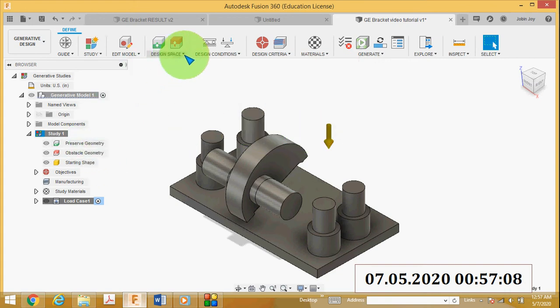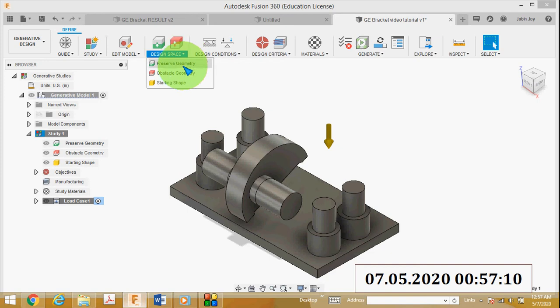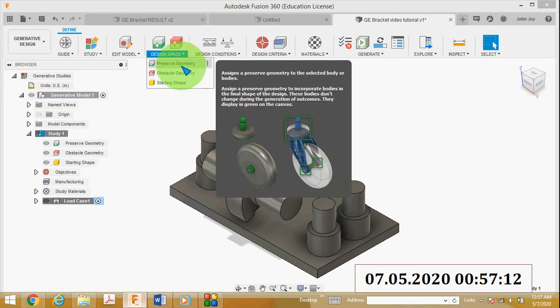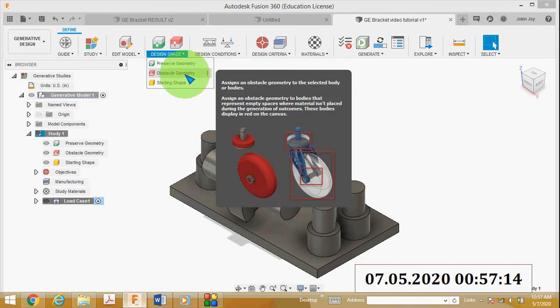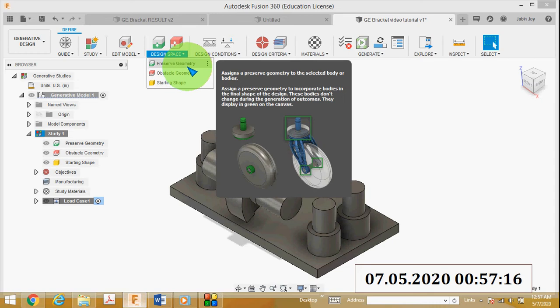And here you can see the design space. In the design space you can see two geometries, preserve geometry and obstacle geometry. Preserve geometry is used to incorporate bodies in the final shape of the design. These bodies don't change during the generation of the outcomes.